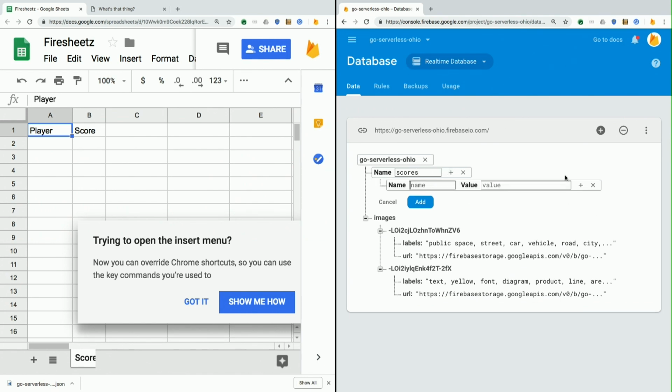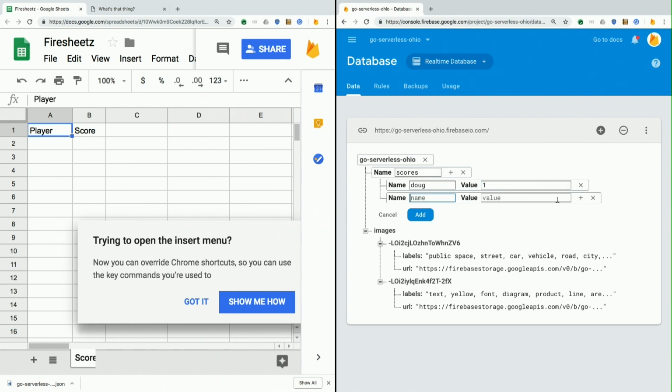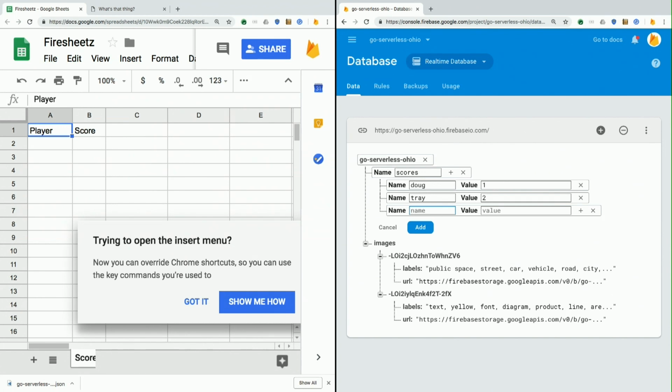Create a scores node. Let's see. Doug has 1 point. What's your name? Trey. You have 2 points. I see an Eric. Eric, you have 3 points. All right, so